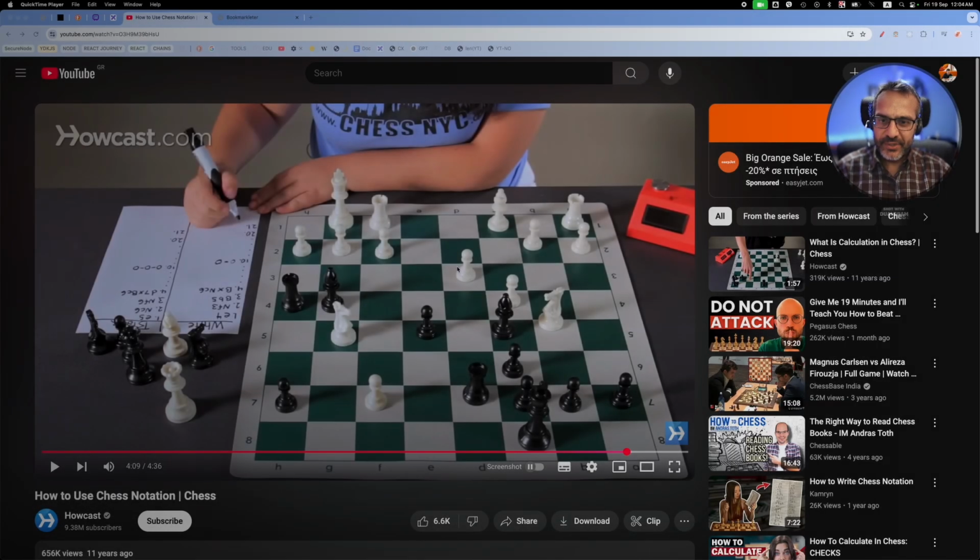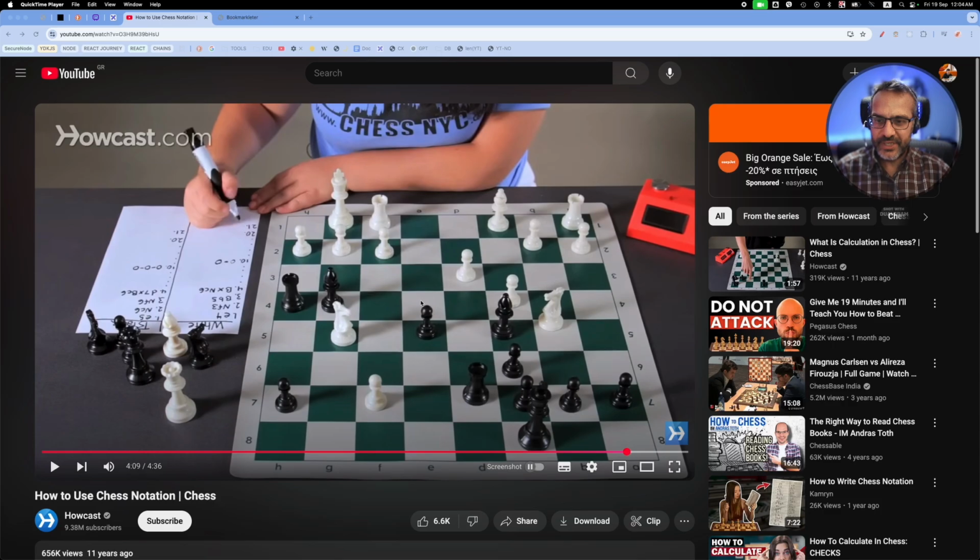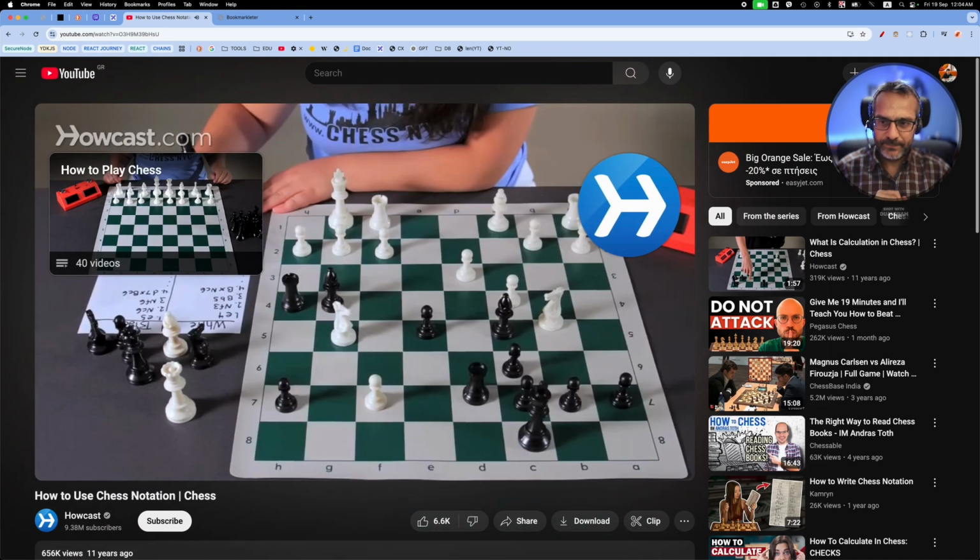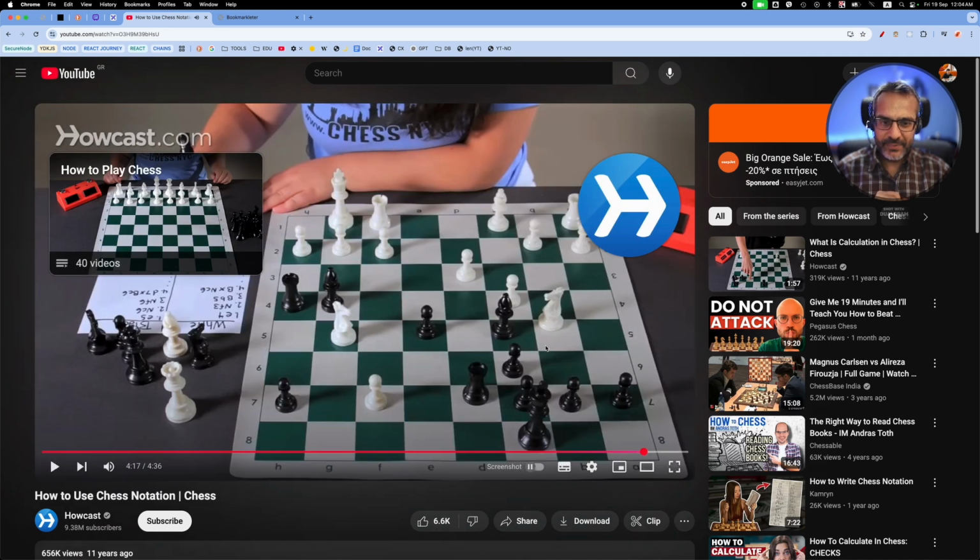I was watching this video on YouTube, which is all about chess notation. And there is this paper here on the left. She writes the moves and then she writes the chess notation. But then at some point in the video, there's something weird happening. Okay, so here's the problem. Exactly at the point where she tries to write down the last move and the notation,